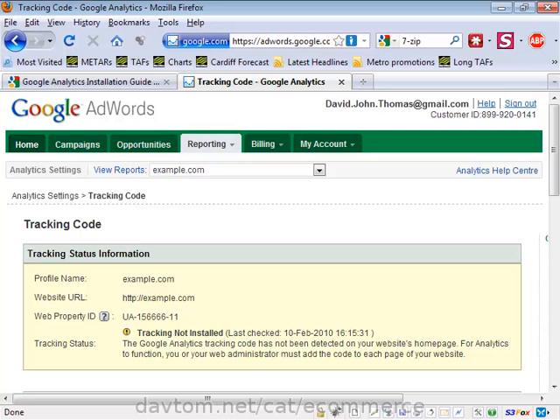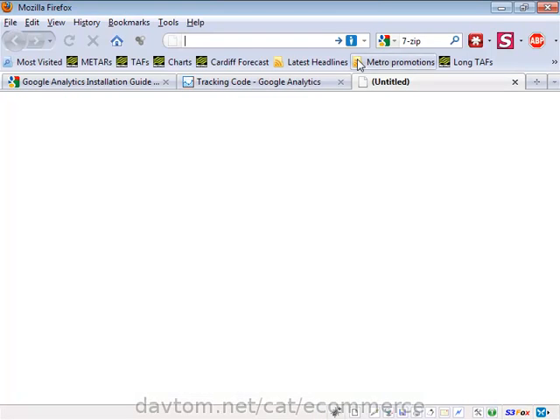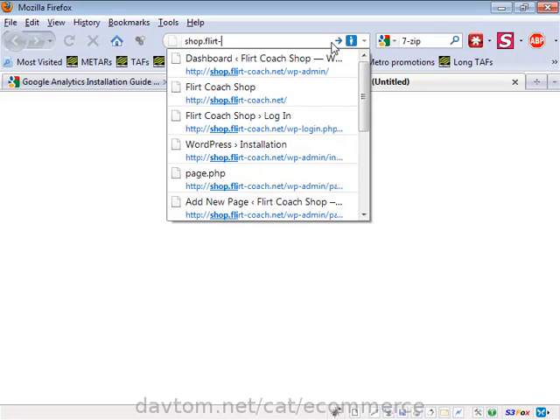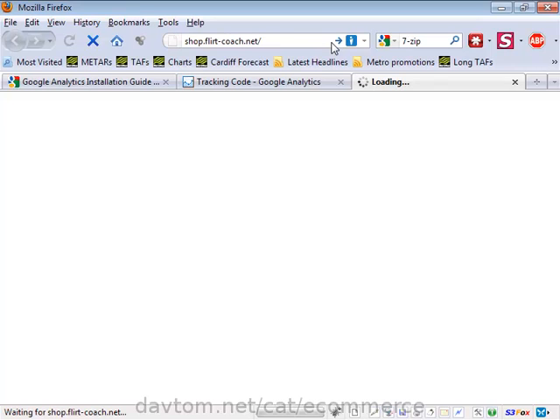And in order to do that, right, I can't demonstrate it on dojotool.com because I've already done it on there, but I'll demonstrate the process